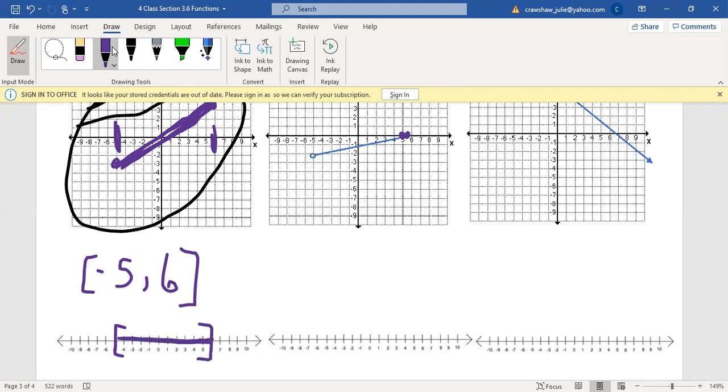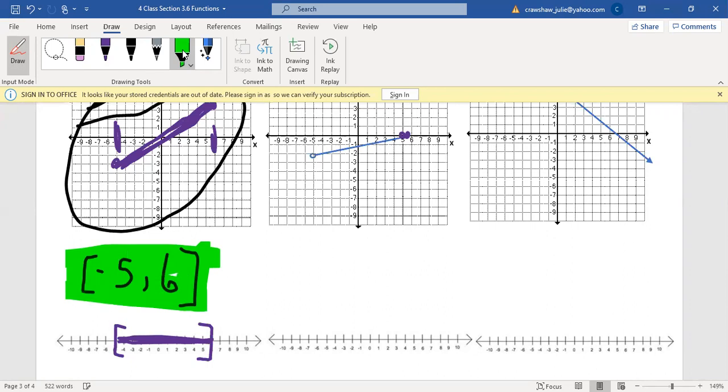So if I want to graph it on a number line, I have a bracket, solid, colored in, all the way to 6, and then another bracket. Or if I want to do interval notation, I just write my bracket, -5, comma 6. So from my lowest x was -5, and my highest x was 6, and everything in between was part of the picture. Now my next picture here is